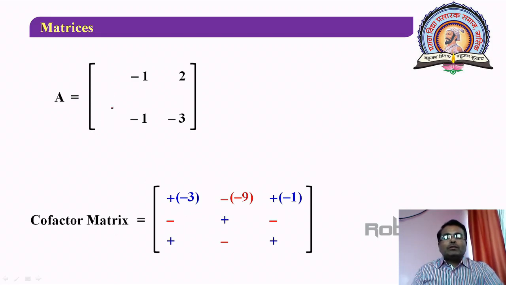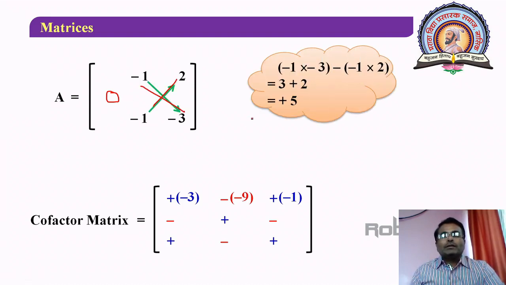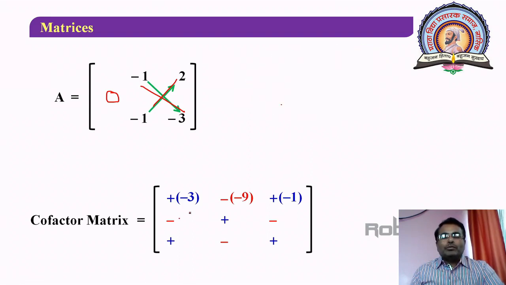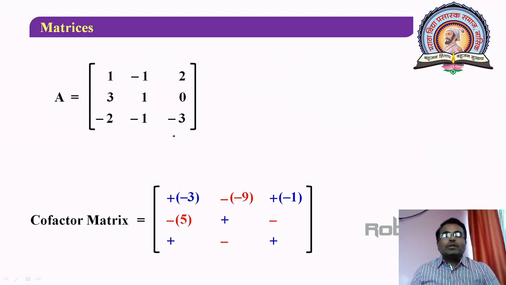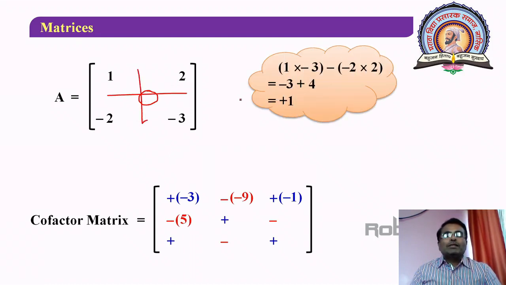The next element, that is 3, A21. For A21 delete the second row and first column. So again the product of this and this. So what you will get? Yes, it is plus 5. So plus 5 will appear here. You will observe that. In the next, you have to consider again the matrix, and for this you want to find, so eliminate the second row and second column, so that will disappear, and you will get the product of these two elements minus the product of these two elements, that will give plus 1.